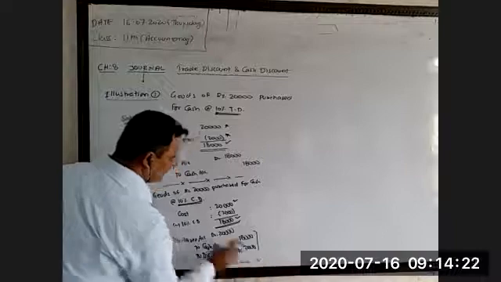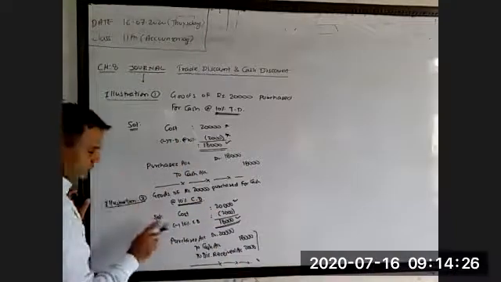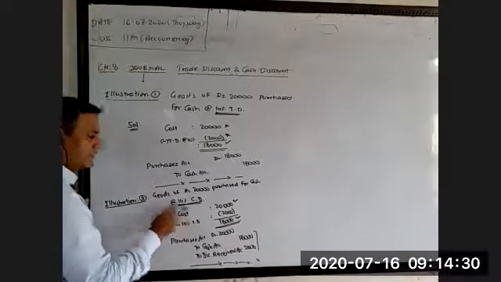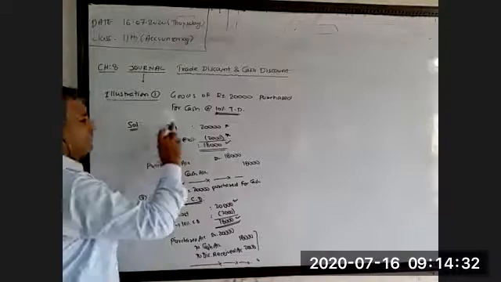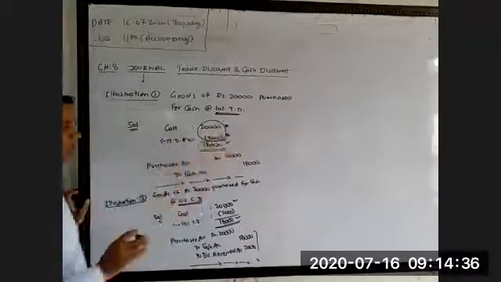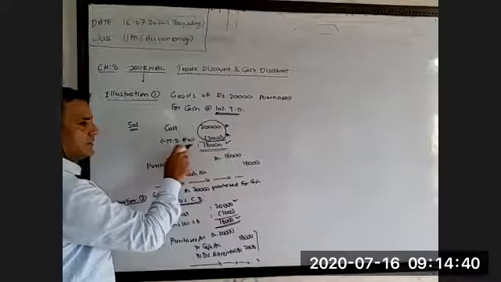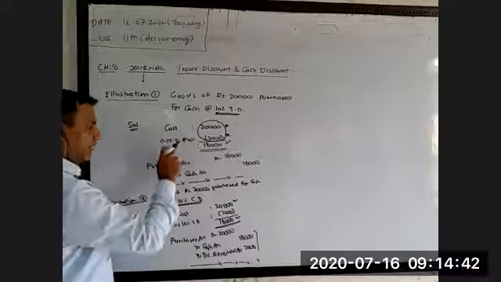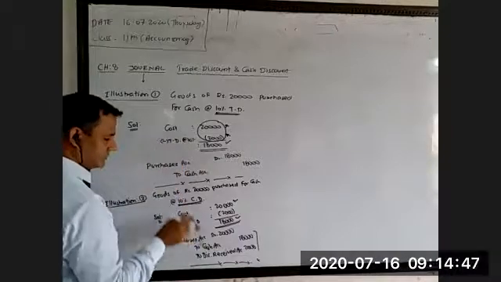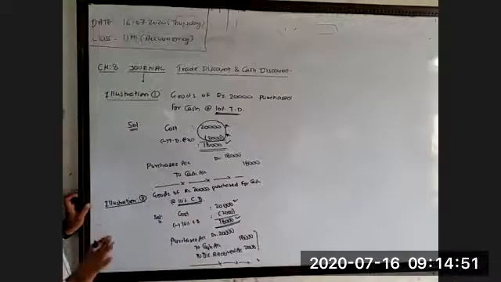Just compare both the transactions and observe these things. The cost price is shown in the case when CD is given to us. In case of trade discount, we ignore both the cost price as well as trade discount. We do the entry with only the net price. So the concept is here: trade discount is never shown in the books, whereas cash discount is always recorded in the books of account. Correct.